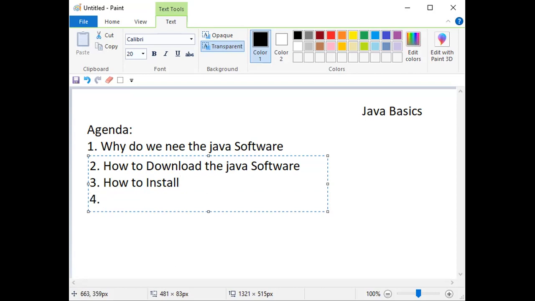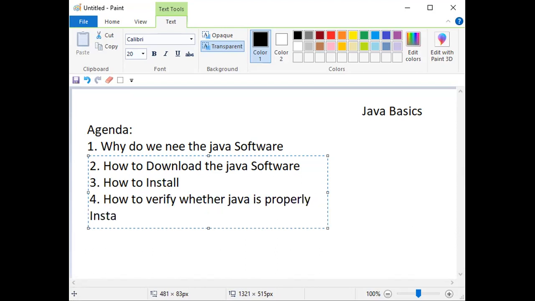And the fourth one, how to verify whether Java is properly installed in our system.